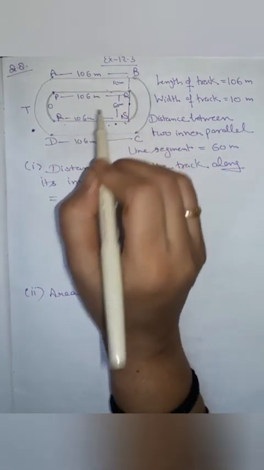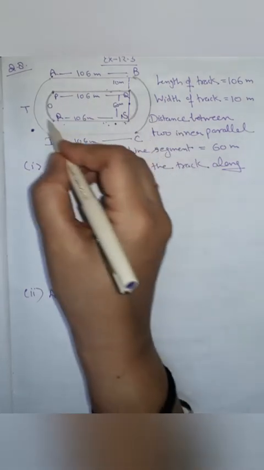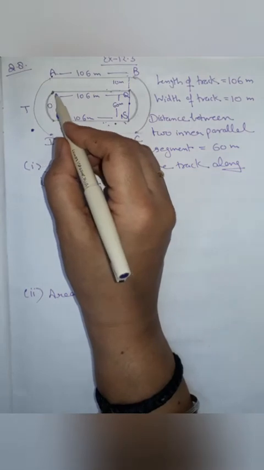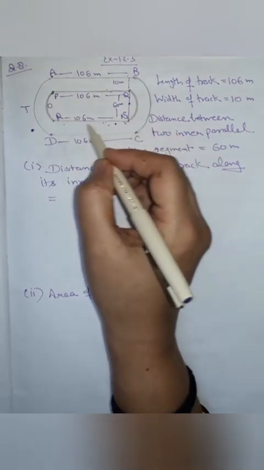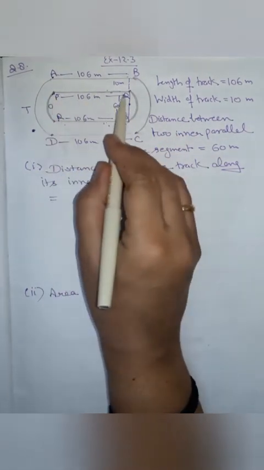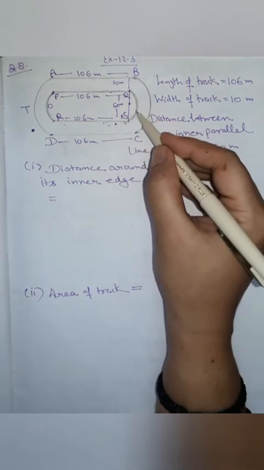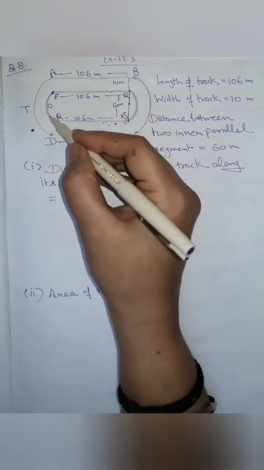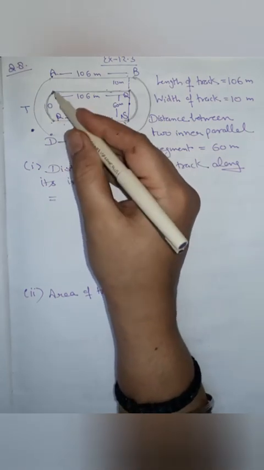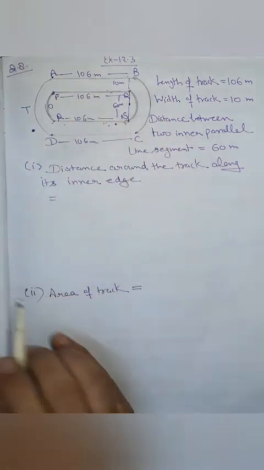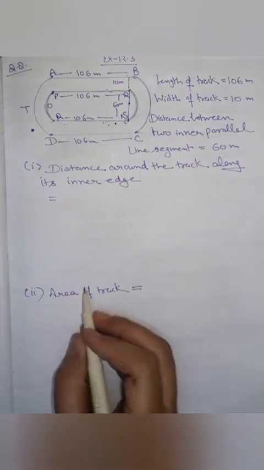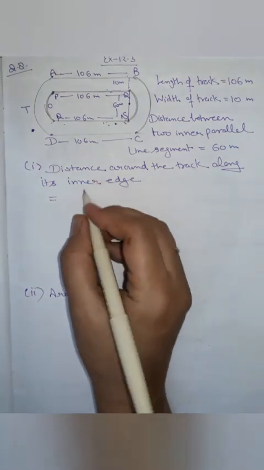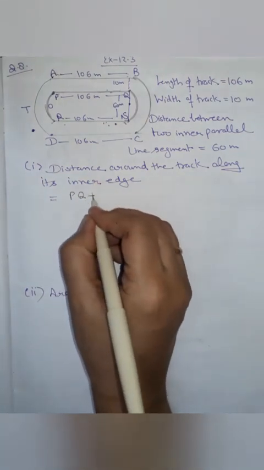Distance around the track along its inner edge means we have to find this distance. Inner edge means PQ plus semicircular arc QS plus RS plus semicircular arc PR. This will give the total distance around the inner track. So the distance around the track along its inner edge will be equal to PQ plus